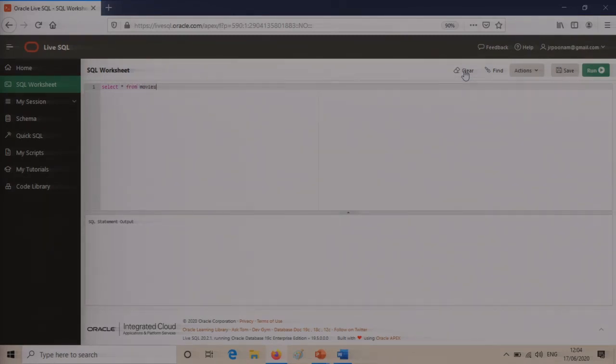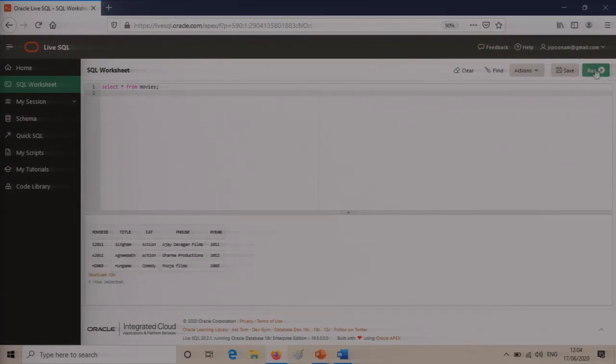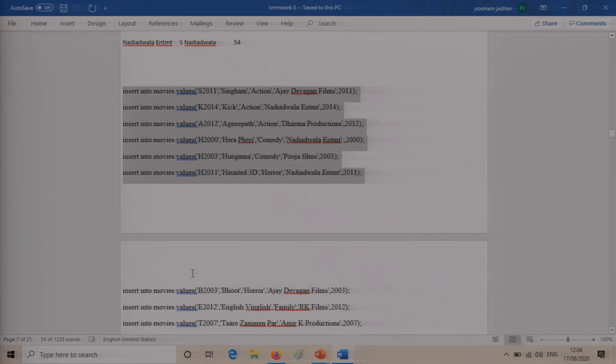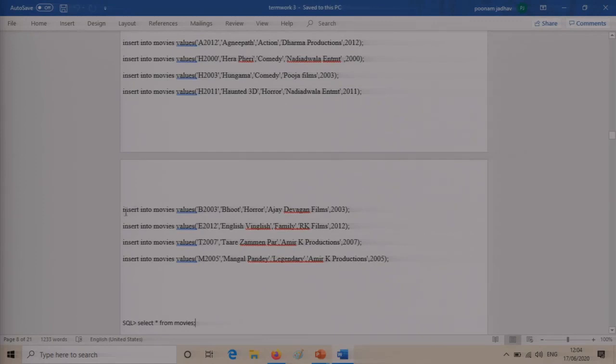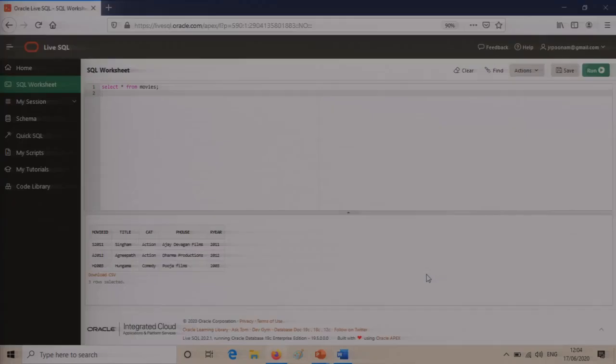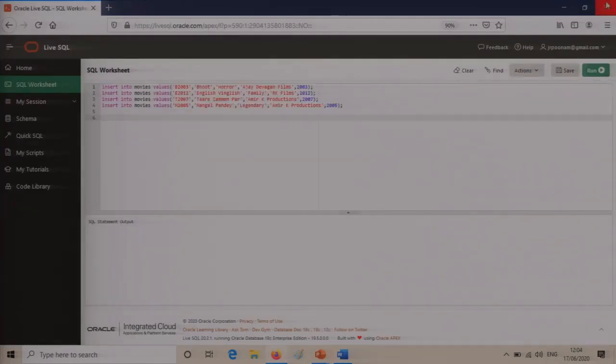So you have to be careful there. I have done the insertion into the movies table. However, I am checking whether it is done properly. So you can see the movies table has been created properly, I mean the data has been inserted. There were a couple of other values. I'll select them also. I'll clear this. This is into the movies table only. I'll purposely put this. Okay, they have been inserted. And now I'll just clear this.